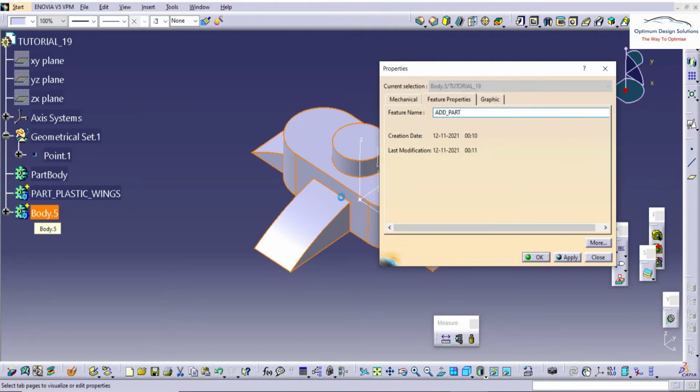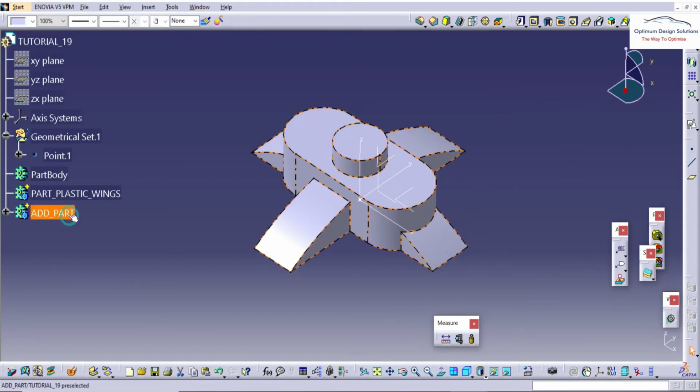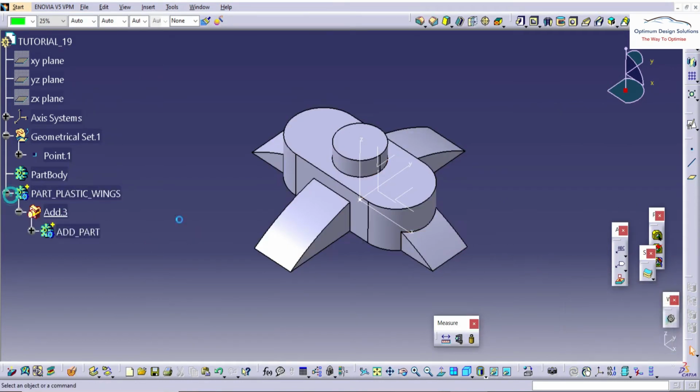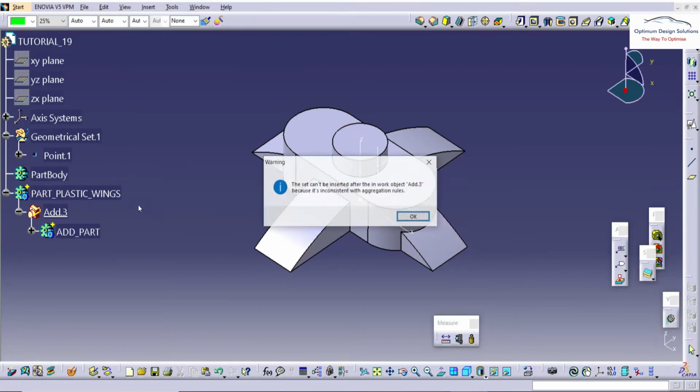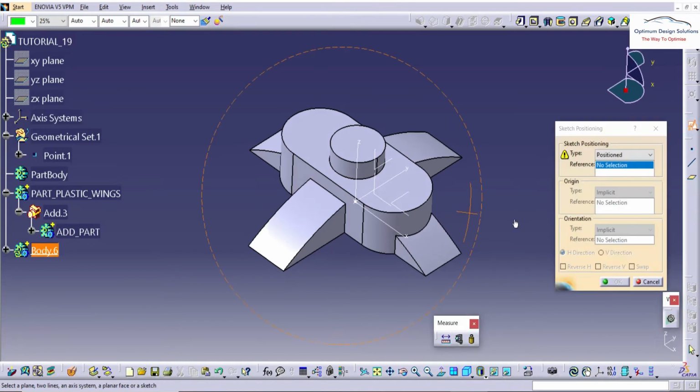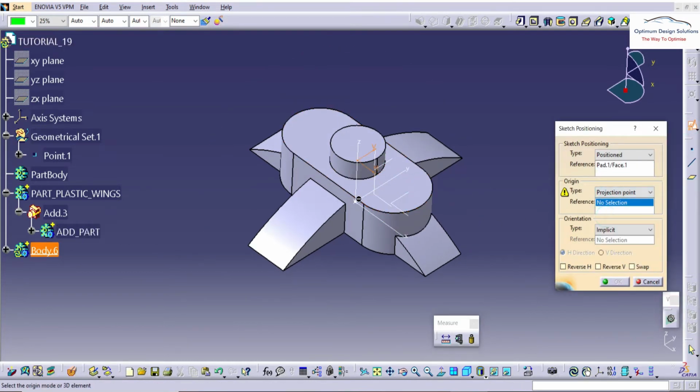I will add all the bodies into that. You can see here I separated one body as add, and I will add this body into the part. It is my final body. Okay, pre-final body.